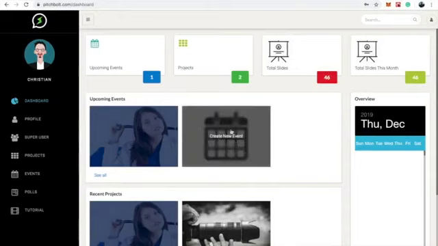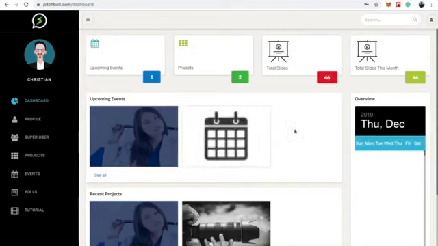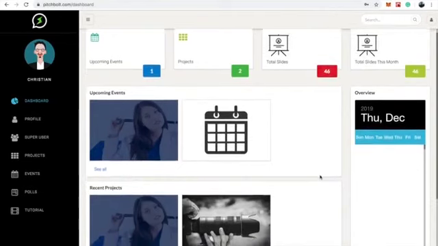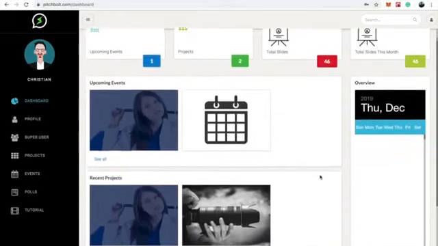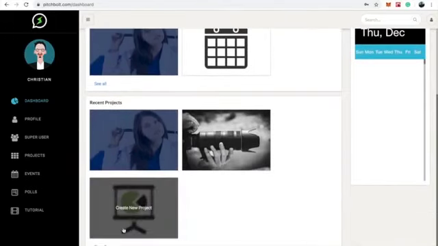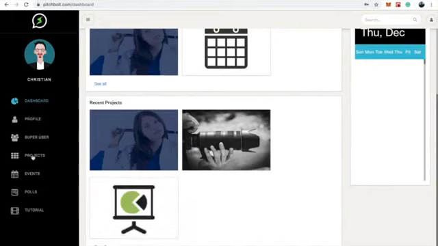And so the first thing is we're going to take a look at the dashboard and see the different features that we have. Starting from the left, you can see the menu options. We have dashboard, profile, projects, event, pools, and a link to our video tutorial. So the first thing we want to do is I will show you how to create a new project on PitchBolt. And to create a new project, you can click on create new project, or you can click on projects